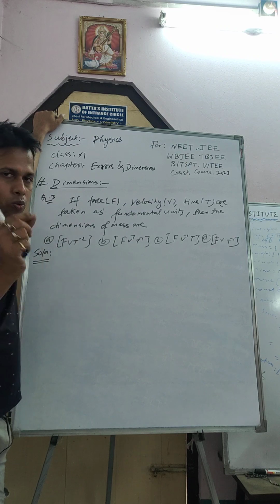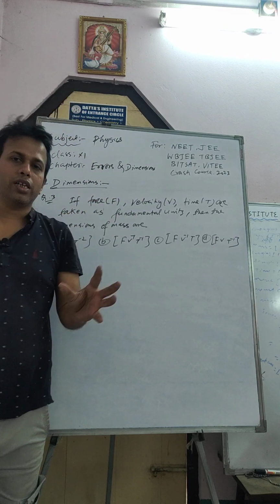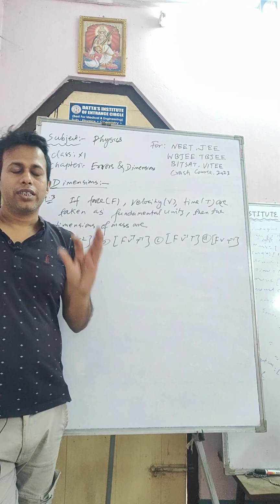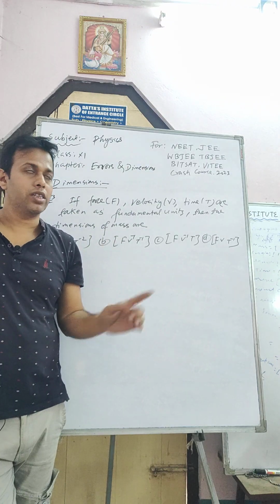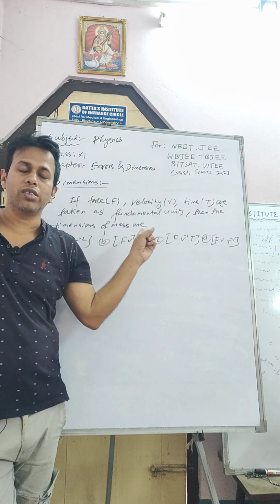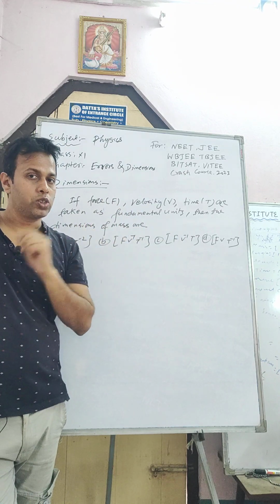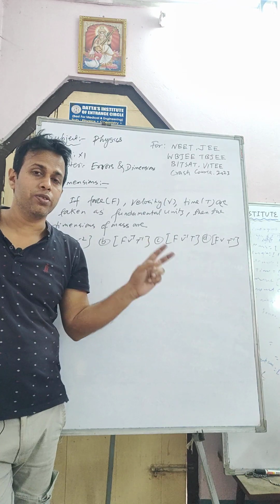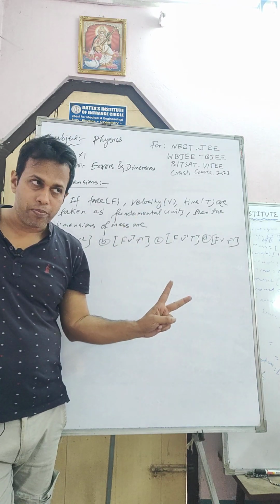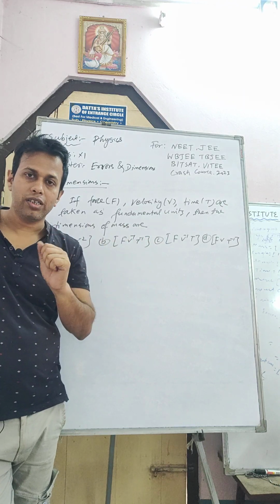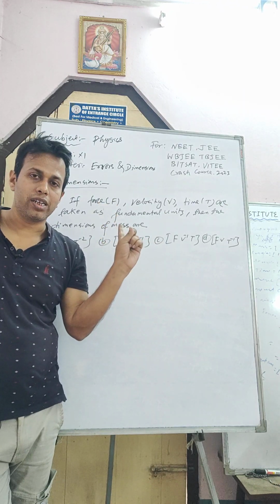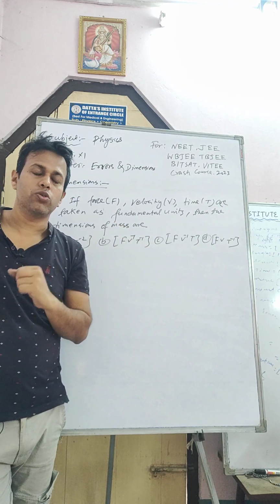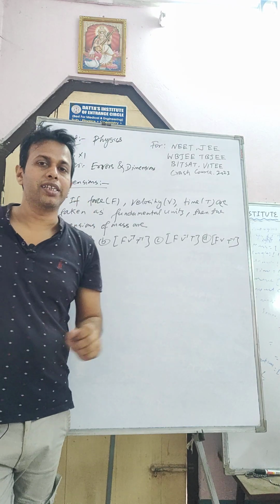There is one thing you have to remember always. When they consider any derived quantity or derived unit as a fundamental unit, then you can't split that one. Here velocity is given. Velocity we can write as LT minus 1, but here velocity is considered fundamental, so it has to be represented by B, not LT minus 1. And F is fundamental here, so force you have to represent by F, not MLT minus 2. You have to remember these little things.